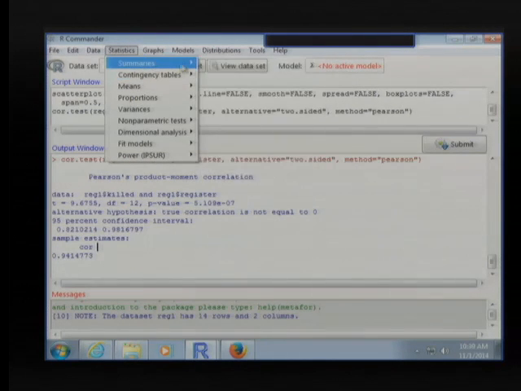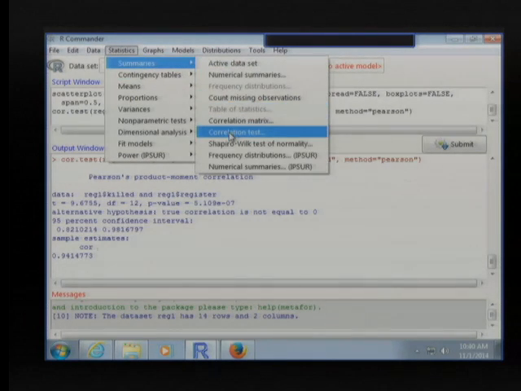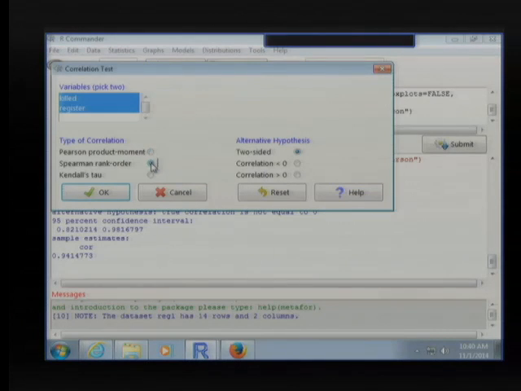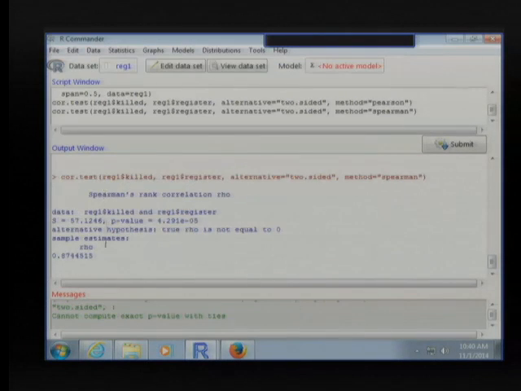Of course, if you want to calculate the Spearman's correlation, you just check the Spearman's rank order and click OK. Then you get the p-value for the Spearman's correlation test, testing whether it's equal to 0 or not. You see the setup there, it just allows you to test 0 or not. That's usually what people do, right? Okay, good. So that's for correlation. Let's look at the